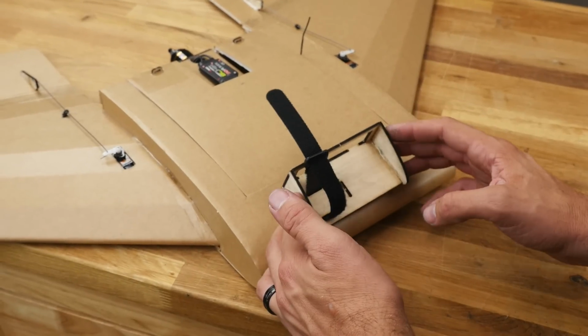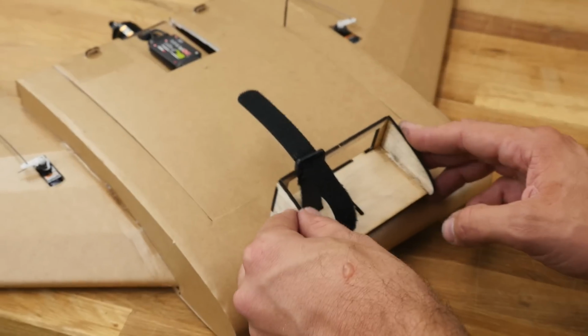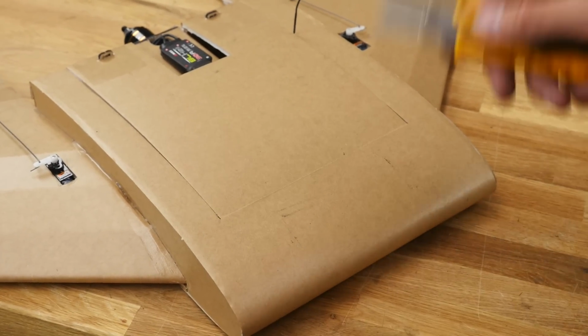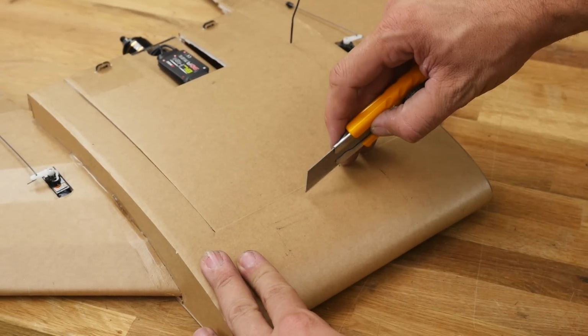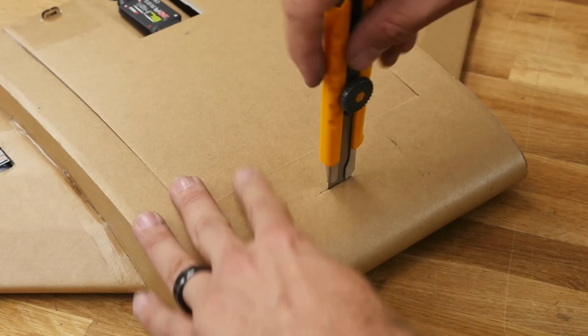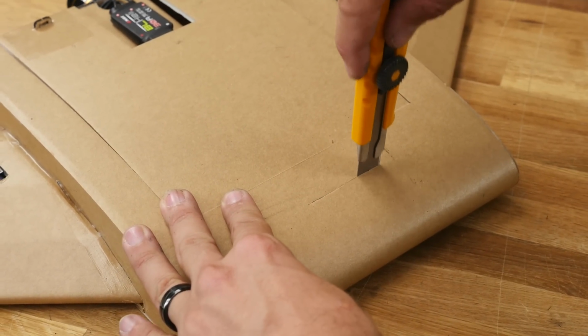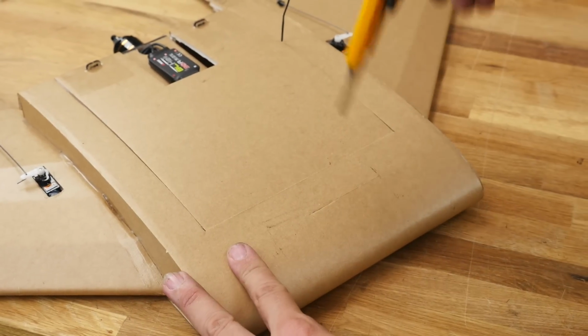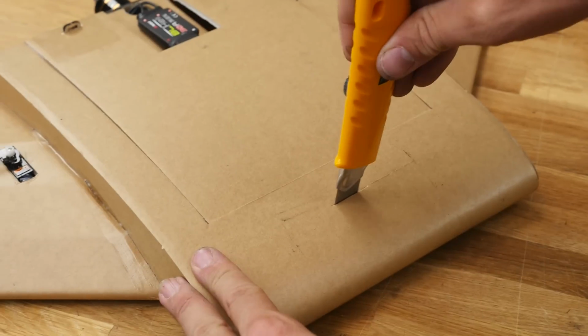So we know generally that this is going to be located right around in the middle, somewhere around here, but we don't know exactly where. So what we want to do is take our knife, and we're going to go down well below where we know it needs to be. We're going to punch it through flat, and I'm just going to carry it over sideways with a little slide motion until I hit a stop. Once I feel that stop, I'm not going to go any further. I'm going to go around the other direction,